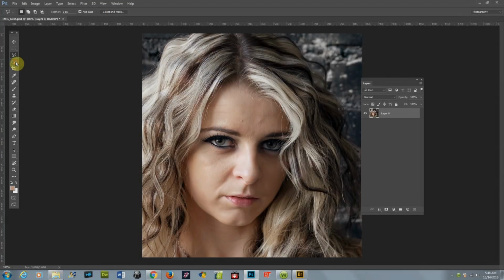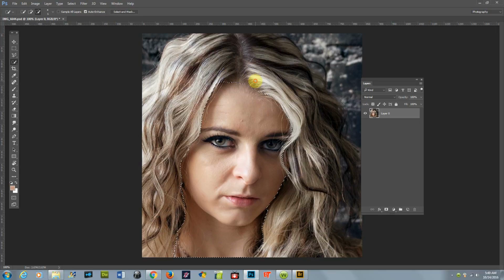So let's go ahead and expand this technique to include a few other things. I'm going to select the Quick Selection tool on a plus selection. I want to select the skin tones and put them on a separate layer. So now I have to click on minus selection to subtract a little bit from my selection. I'm doing this a little bit faster and a little bit less accurately than I normally would, just for demonstration